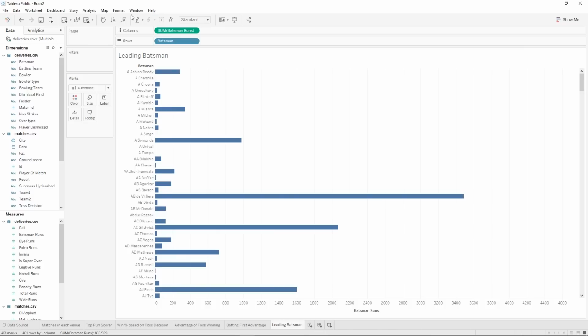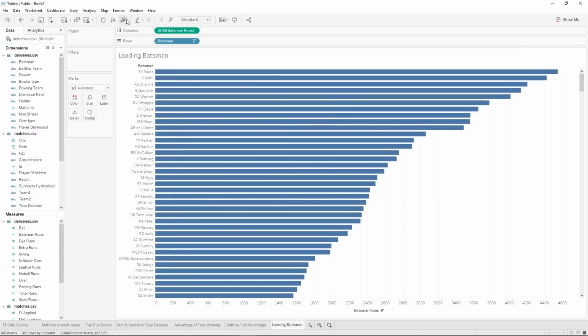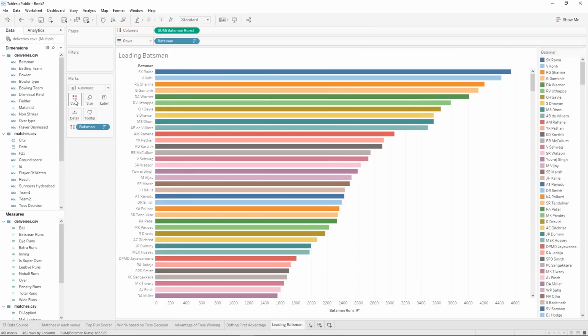Now what we can do is sort it from biggest to smallest, and we can see who are our top batsmen. We can bring batsmen onto color, so I'm control dragging again. And then they each get their own color. One nice thing that you could do here is